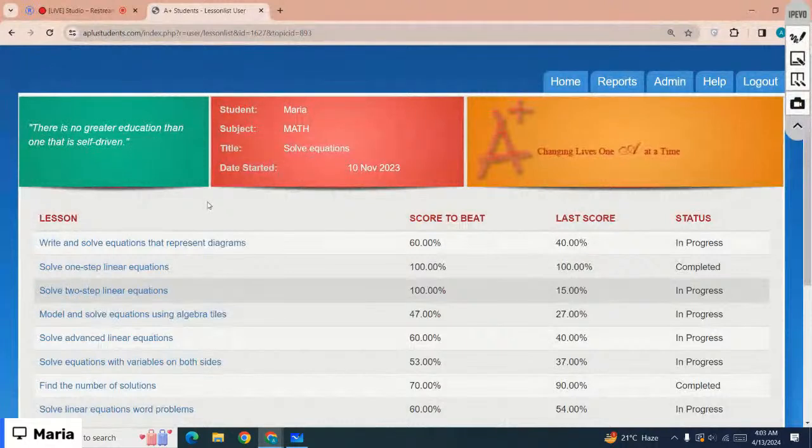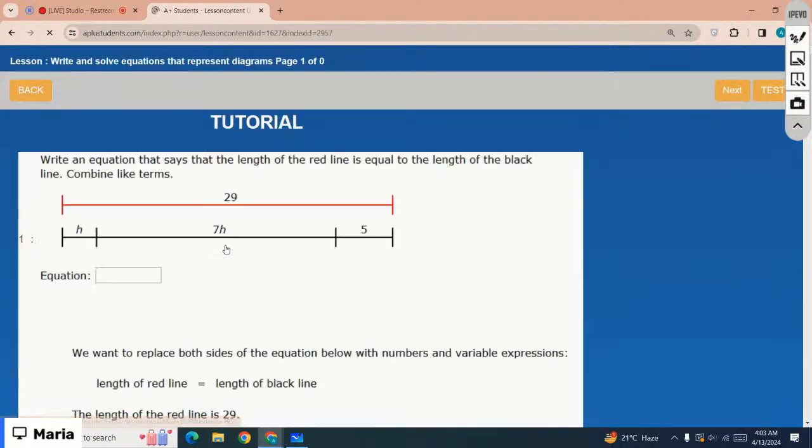Here I am on grade 9 math. Let's just start with the first lesson, that is write and solve equation that represents diagrams. Write an equation that says that the length of red line is equal to the length of the black line, right? So you can see here,